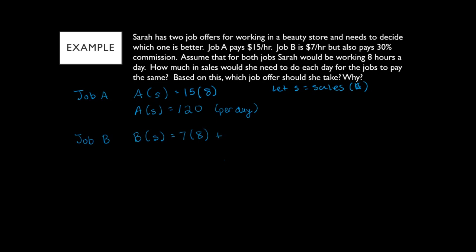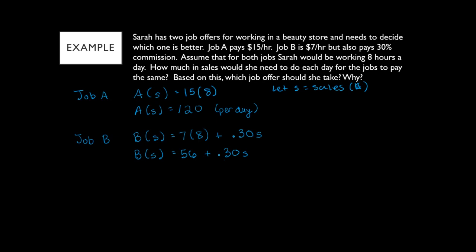Plus 30% of your sales. So 30%, we always write that as a decimal. So that's 0.30 of sales. Of always means multiply. We're multiplying that by the number of sales. So when I actually multiply this out, 7 times 8 is 56 plus